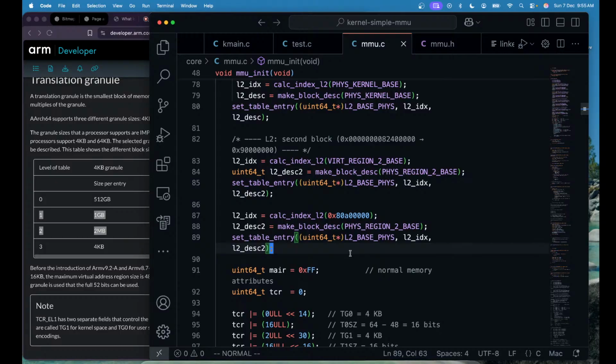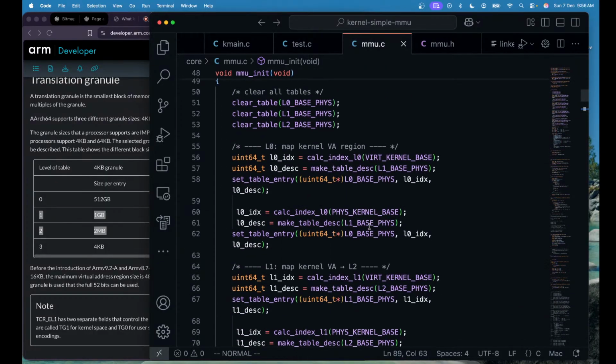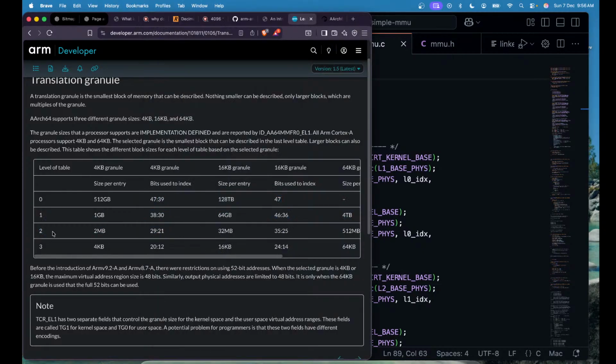Okay, so now what do we do? What should our helper do? It's going to take a VA and it's going to map it to some PA. So should we add all the table entries, or should we only have to add the entry in the third table? So that's the question now I'm asking myself,